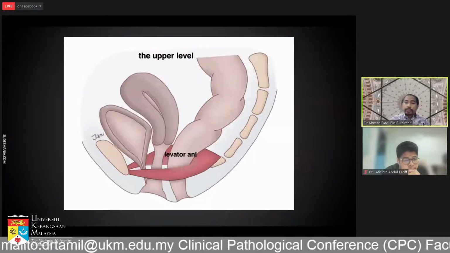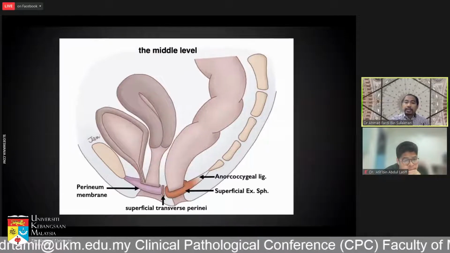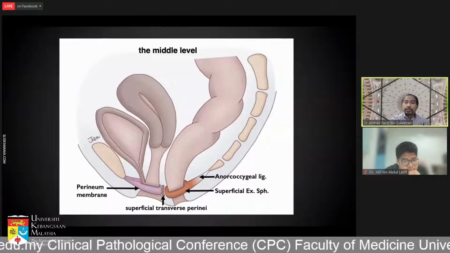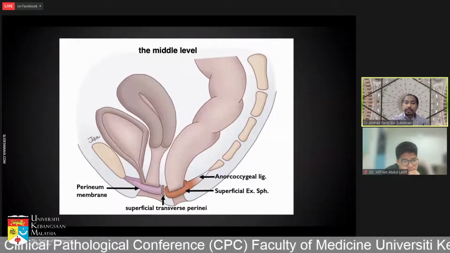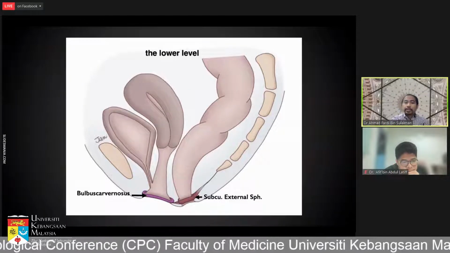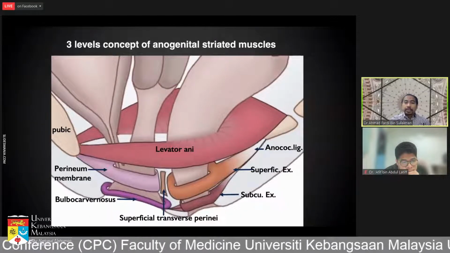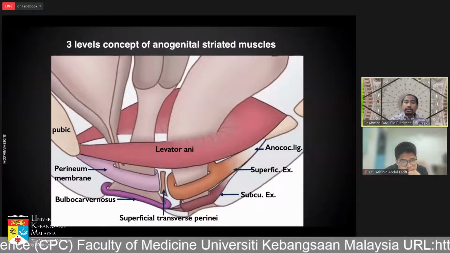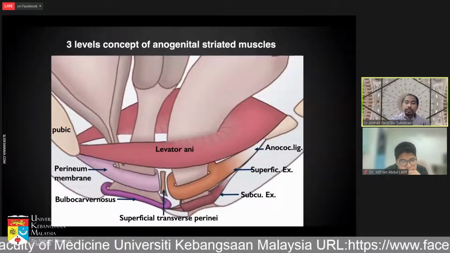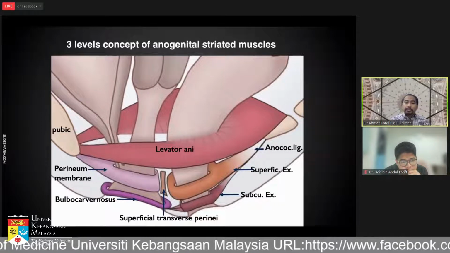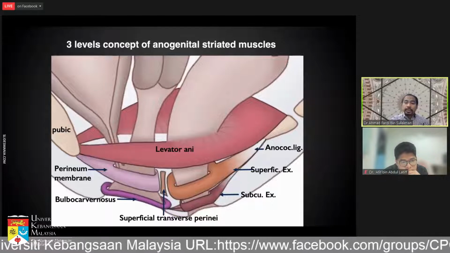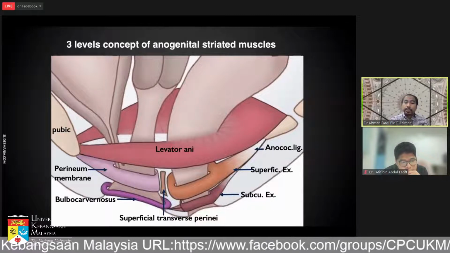This is the upper level of the anal canal from the levator ani, and the middle level, mid anal canal, from the anal-coccygeal ligament, superficial external sphincter, superficial transverse perineal and perineal membrane, and last but not least, the subcutaneous external sphincter. With this three-level concept for anogenital striated muscles, when we know all this anatomy of the perineum, we need to know the degree of the injury,